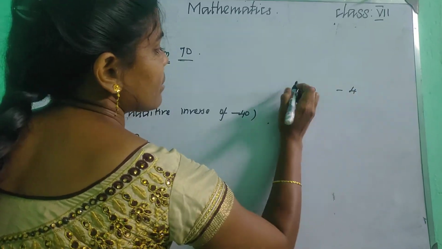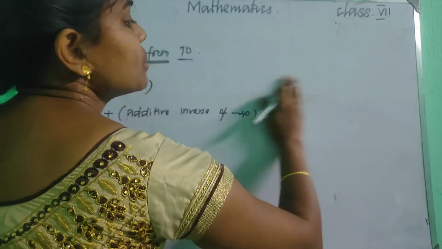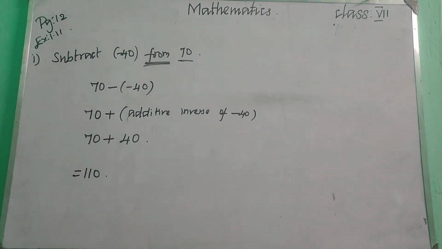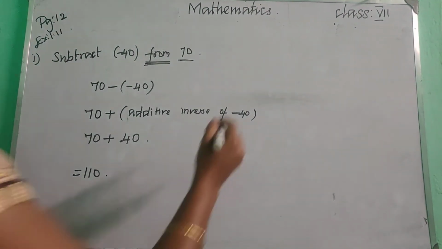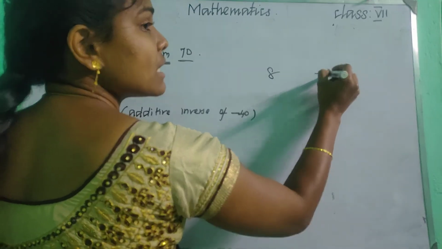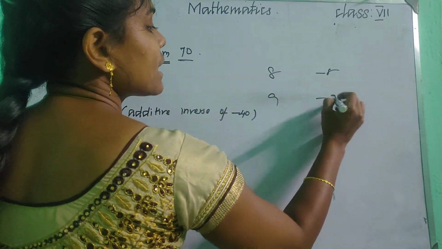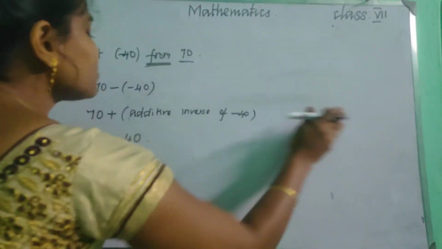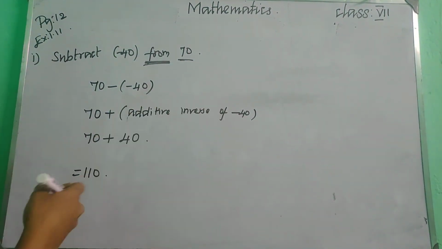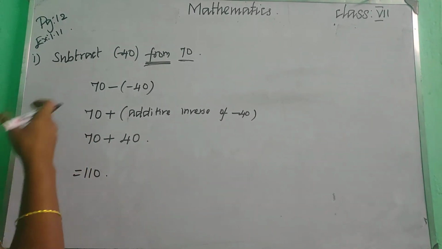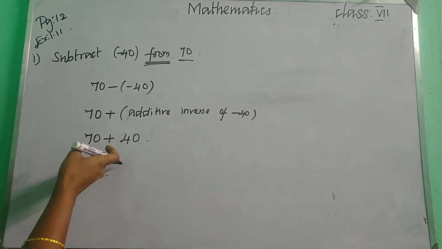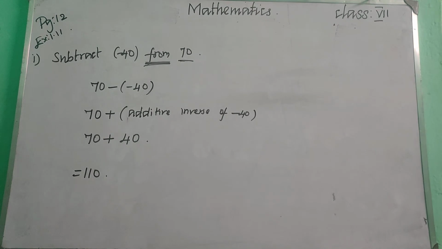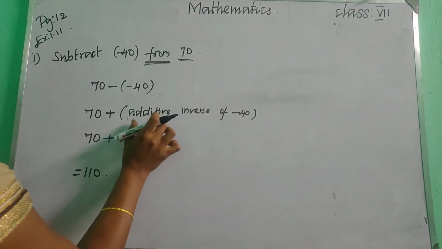Minus 40 is plus 40. Okay, simply the opposite signs are the additive inverse. Simply the additive inverse of 8 is minus 8. Okay, 9 is minus 9. Okay children, so these are all the additive inverse. So that simply we have mentioned as additive inverse of minus 40. We can directly write as like this also. So don't get confused. Simply I just explain what was given in your book.